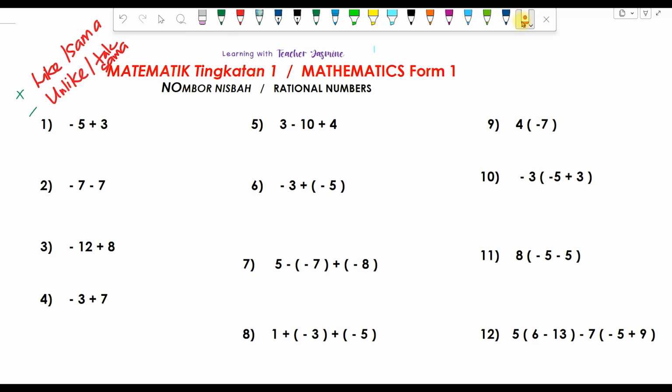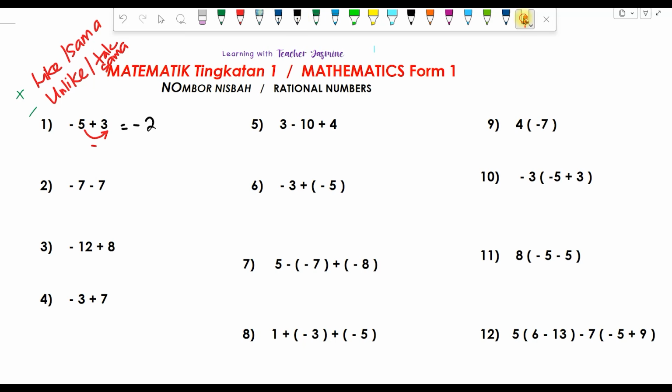So I'm going to show you this method first. So for example here you can see one is a negative, one is a positive. Satu tolak, satu tambah, atau satu negatif, satu positif. Betul tak? Simbol dia tak sama. So bila simbol tak sama, what do you do with the numbers? The 5 and the 3, you have to minus. 5 minus 3 equals to so 5 tolak 3 sama dengan 2 kan. Okay, sekarang dia punya simbol kat hadapan mesti ikut digit yang besar. 5 lebih besar daripada 3, so 5 tu negatif kan. So that means jawapan kamu pun mesti negatif. That's how you get -2.